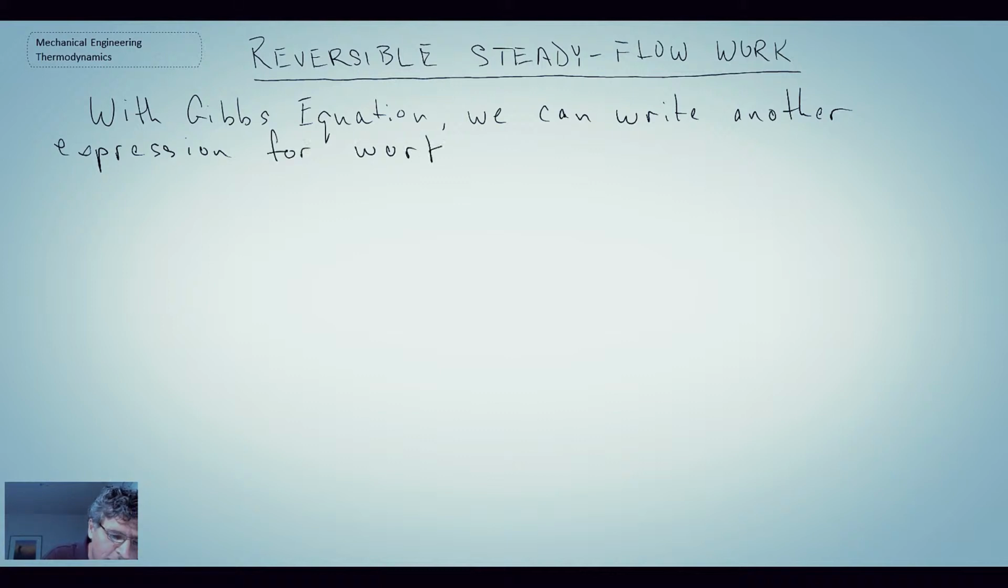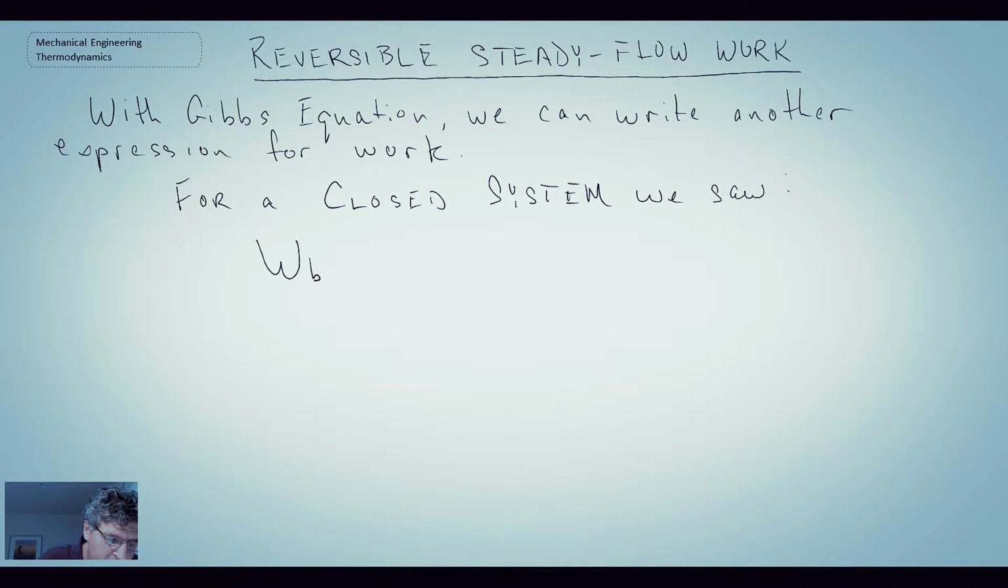We already have a few expressions for work that we've seen thus far in the course. We had one for a closed system, and that was basically the boundary work. For a closed system, the boundary work was an integral of p dv. With that, we were able to calculate the amount of work within a closed system if it has a moving boundary. For example, the piston cylinder device is a very common one. Now, for an open system,